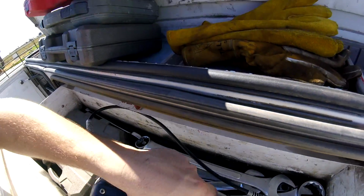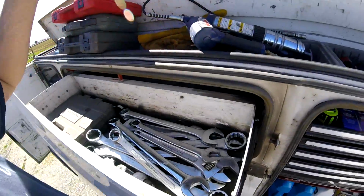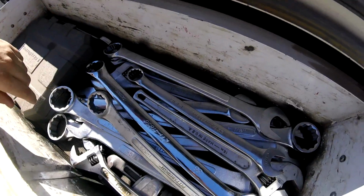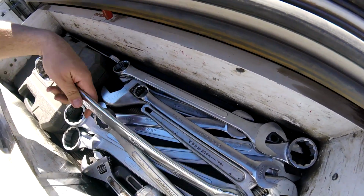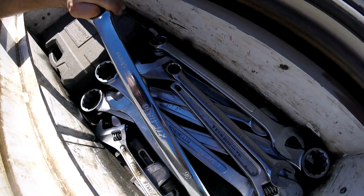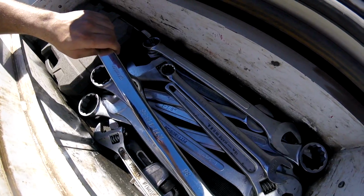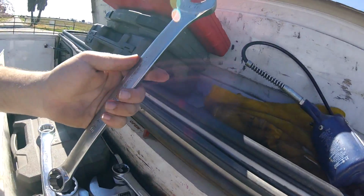And these are where I keep all my big boy wrenches, my pneumatic grease gun. So there's my 36 K-Tool. It's a nice wrench. I paid like 40 bucks for it from the Tool Web. And this is a wrench from that standard set. I just took the